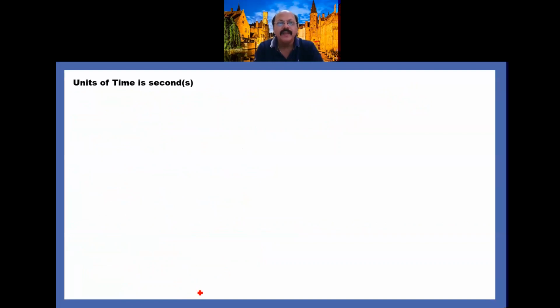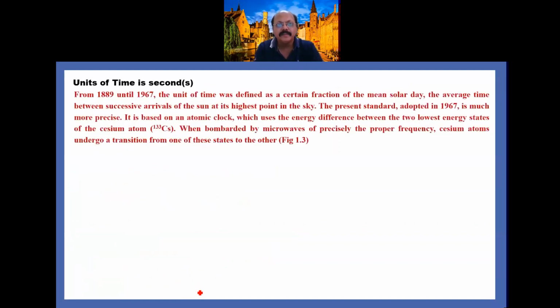Now the unit of time is second. So earlier, up to 1967, that is from 1889 until 1967, the unit of time was defined as a certain fraction of the mean solar day, the average time between successive arrivals of the sun at its highest point in the sky. But that method is not giving the value very precisely, so that's why the present system that we are using, adopted in